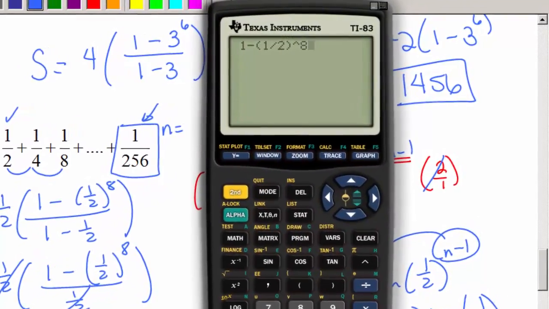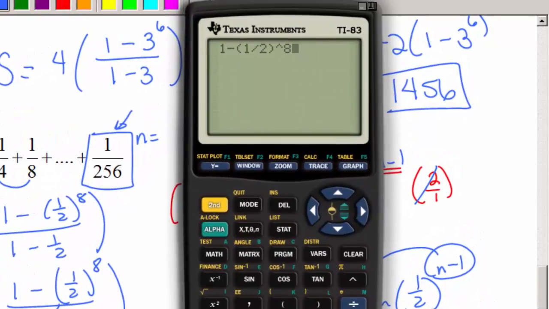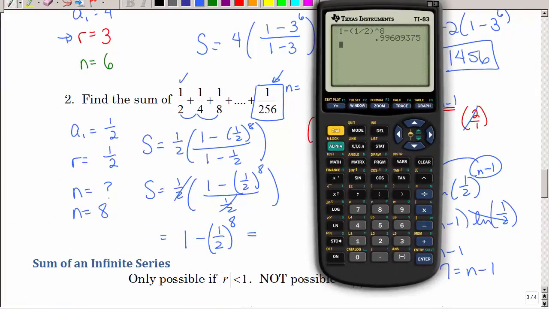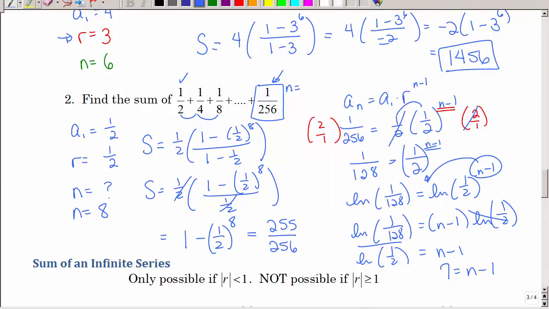Again, I did just a little bit of arithmetic. You could just punch it all in the calculator, just depends how comfortable you are. And I got 0.9960935. I could have said math and said fraction and gotten that answer, and I like that a lot better. Look how close that is to 1. Why is that? That's because this raised to such a high power is so incredibly small, it doesn't take away